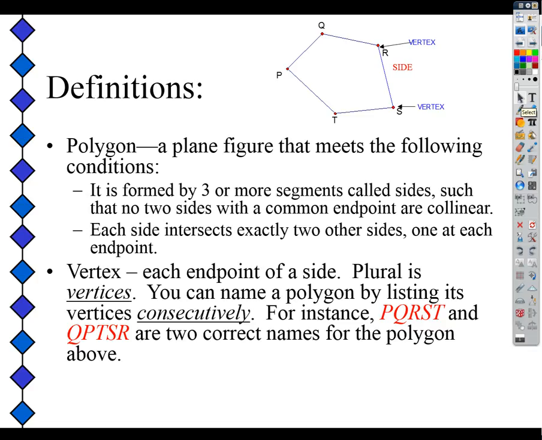Yeah, good. Because she skipped around, right? She started at R and then she jumped over to T. You can't do that. It has to be consecutive. Okay? So when you're given information, and on some problems,